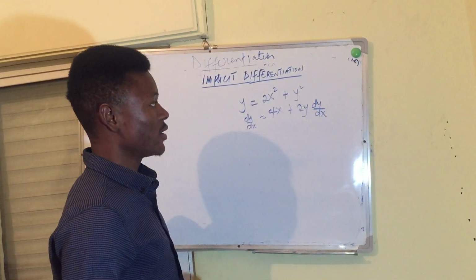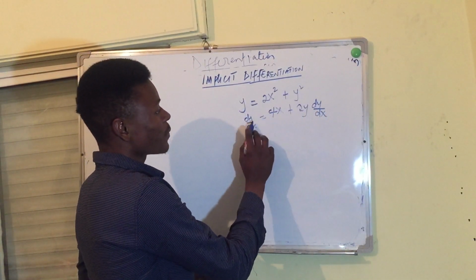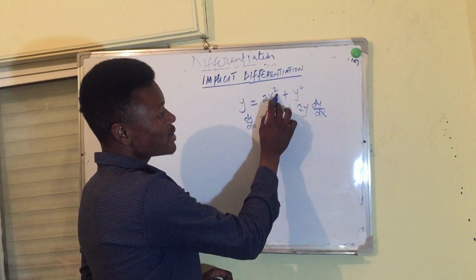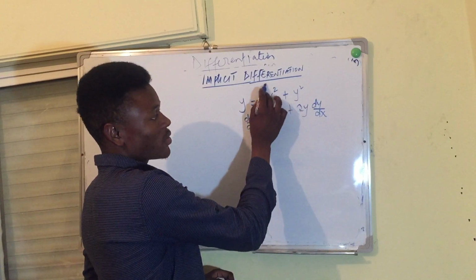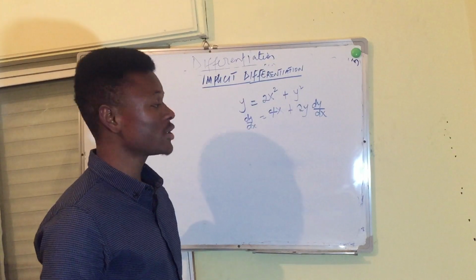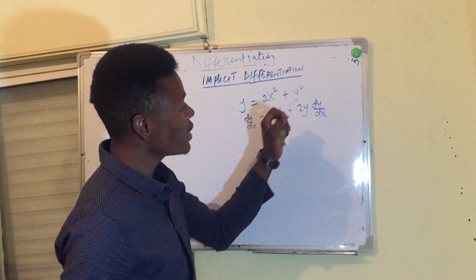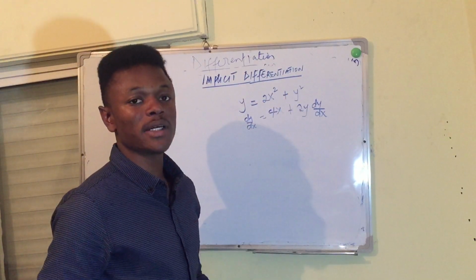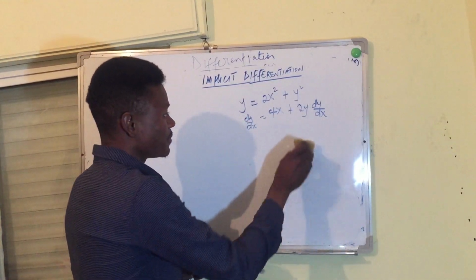This is it. So derivative of wannan shine nan dy dx, nan 4x, ba zan ƙara dy dx because dama with respect to x nake differentiating ɗin. So now kuma y square zai kasance 2y dy dx. So let us solve